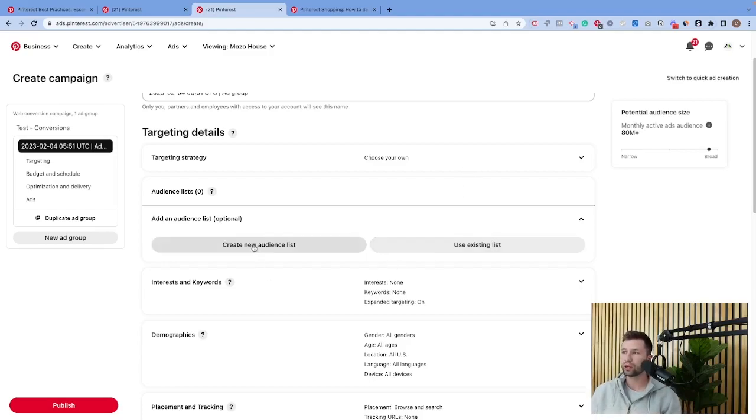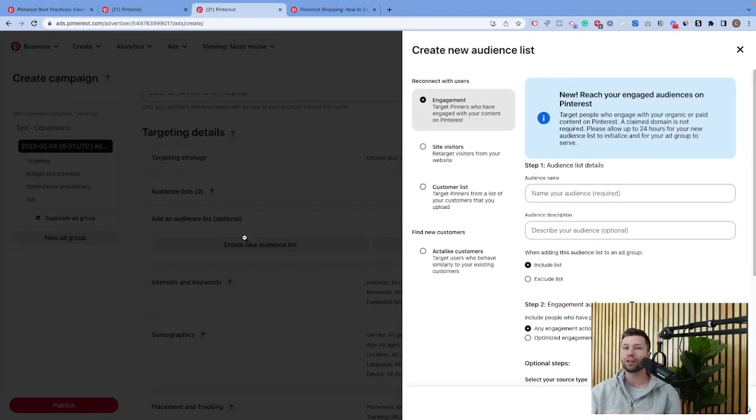So if we hit here, create new audience, you can see that Pinterest is going to give us 4 different ways to create our own audience. We have the engagement, site visitors, customer list, and then an actalike audience. An actalike audience is what they call it, which if you're familiar with Facebook ads is a lookalike audience, essentially, where you're taking a group of people who have purchased